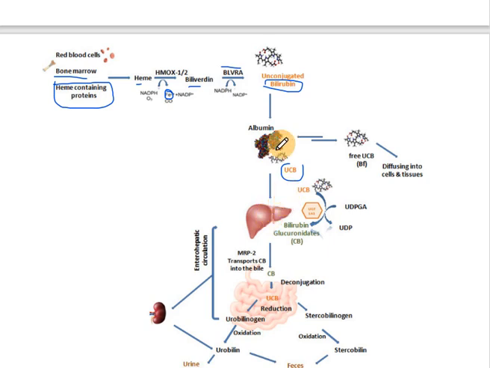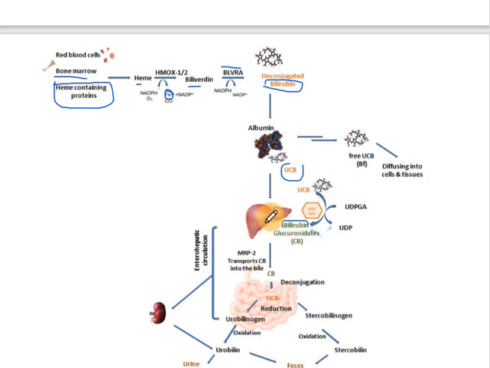Now in the liver, the bilirubin reaches the liver in a conjugated form, where the bilirubin is bound to what? The glucuronic acid, to form what? Glucuronate. So as shown here, when the albumin helps in transporting the unconjugated bilirubin, it gets conjugated to the glucuronic acid. Then the glucuronic acid together with the bilirubin gets transported by the glucuronate transferase into the